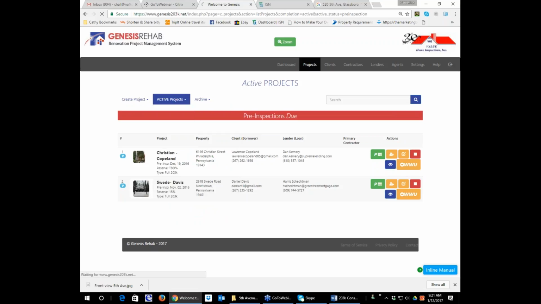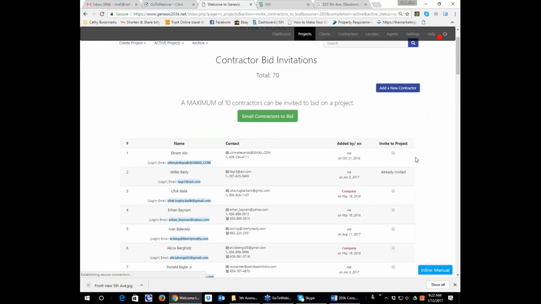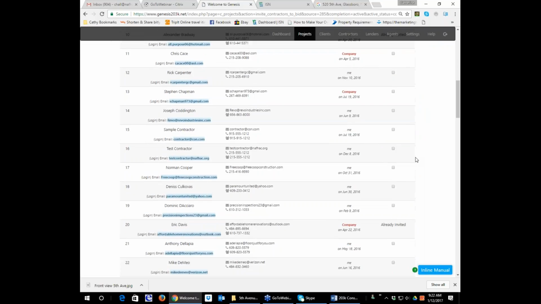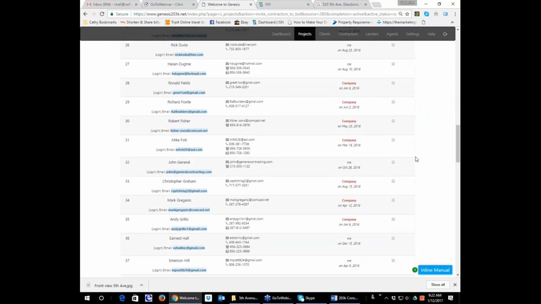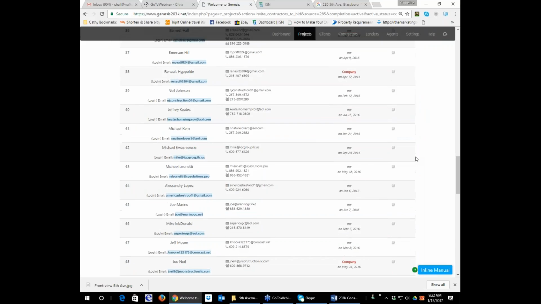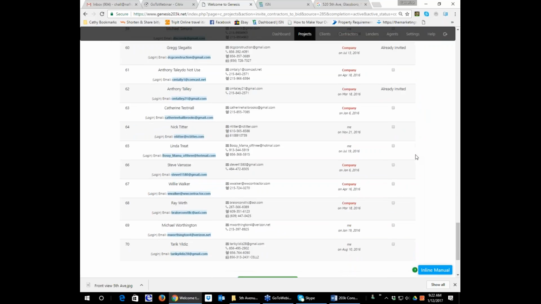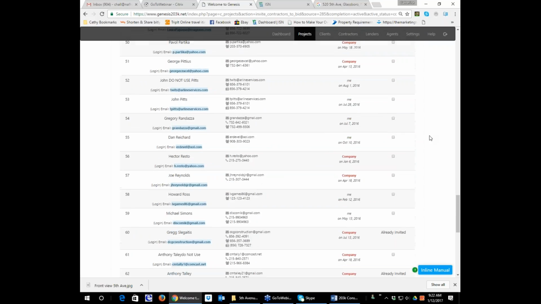And I have one that's in contractor bidding, and that actual contractor bid is being done this Friday, as a matter of fact. So basically you click this button here, and you can see all the contractors who have been invited to this bid. All right, so you can see all the different contractors who have been invited to this bid, and in ISN